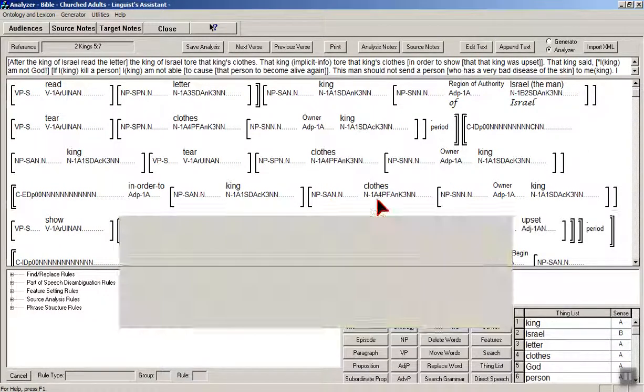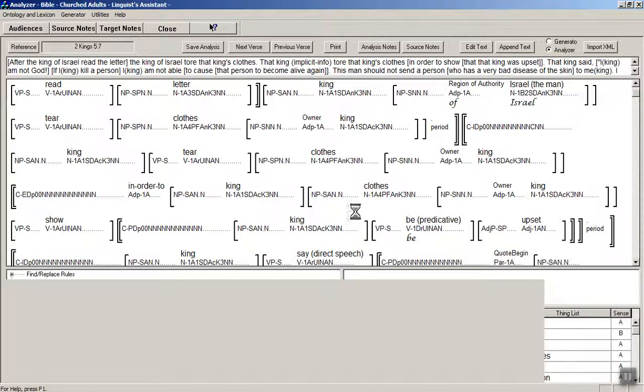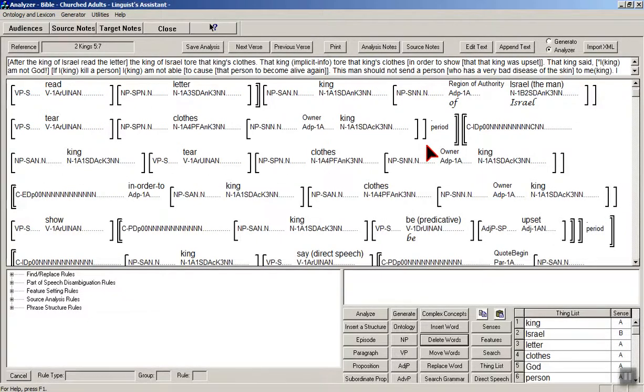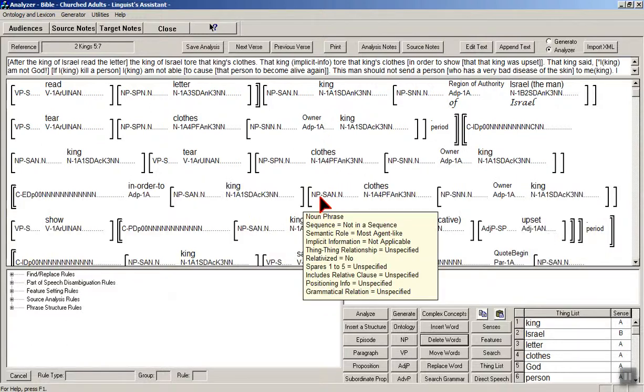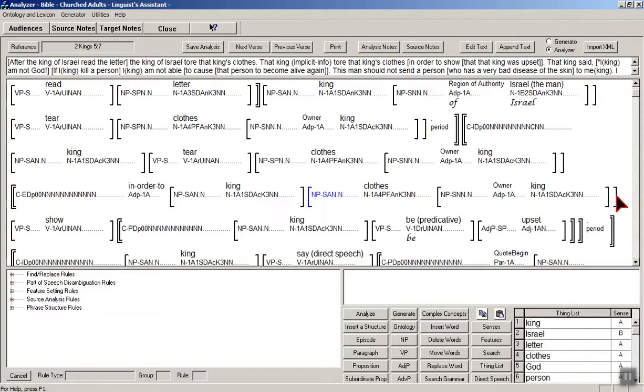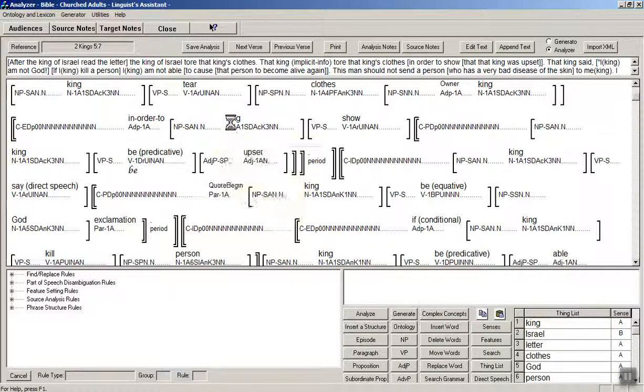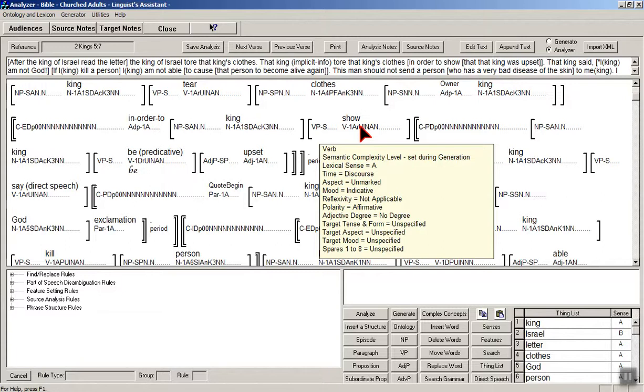Okay, so I'm going to delete the clothes phrase. So I click on delete words, holding down the control key, which we do for multiple items. I click on the left bracket for the noun phrase with clothes, and then on the second right bracket after king, because king had its own noun phrase, so that will get rid of that one. Okay, so in order for the king to show